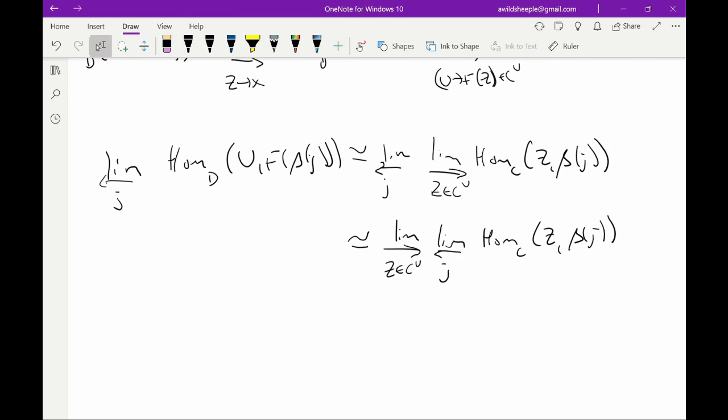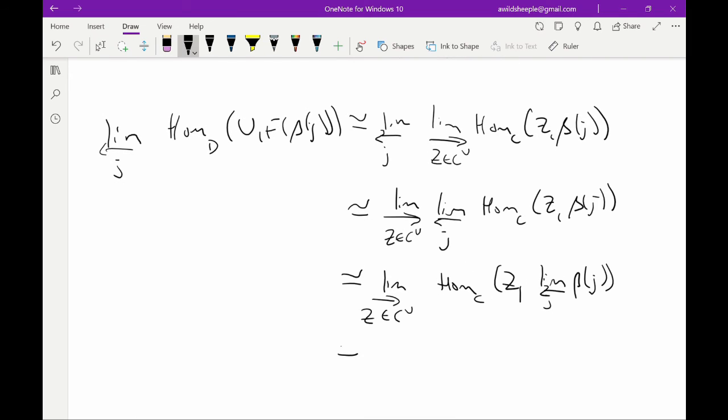Okay, well, in any case, now this is isomorphic to the limit over Z in C upper U. We can now just take the inner limit inside. This is the covariant argument in Hom, so it goes in like so. And now we get Hom, and this is now happening in D, of U, f, lim